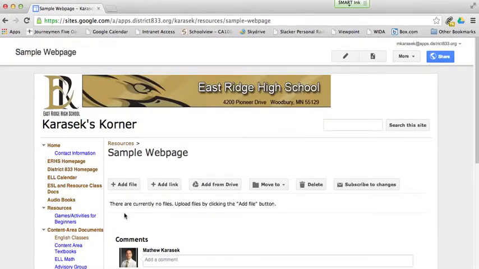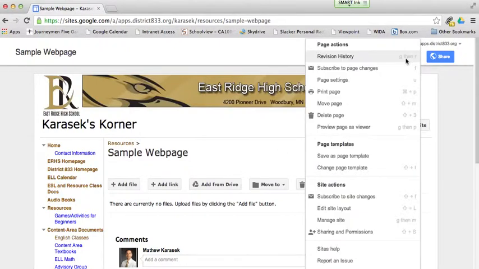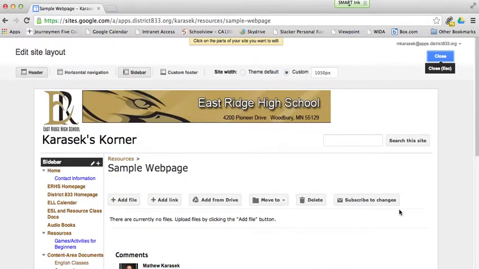So now you'll look at my resources, and under my resources there's nothing there, and you're asking yourself, well, how do I put that new page onto my resources or under my resources in the navigation bar? It's actually quite simple. What you're going to do is you can actually click Shift L, that's a shortcut, or go to More, go down to Edit Site Layout, so again Shift L, and you'll see that there are different